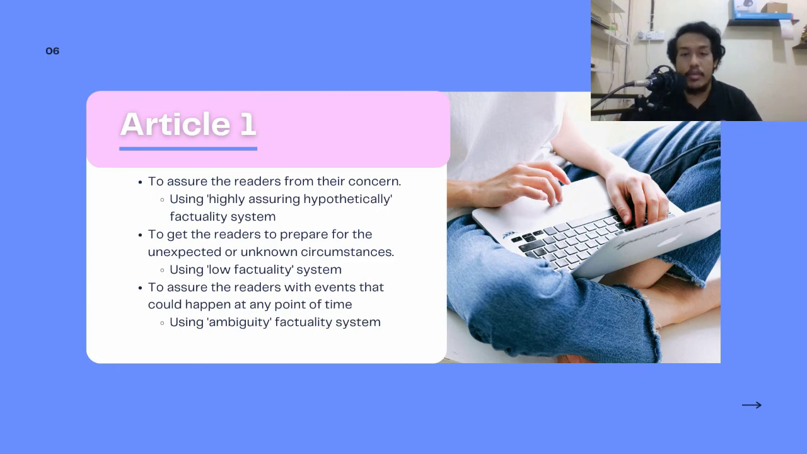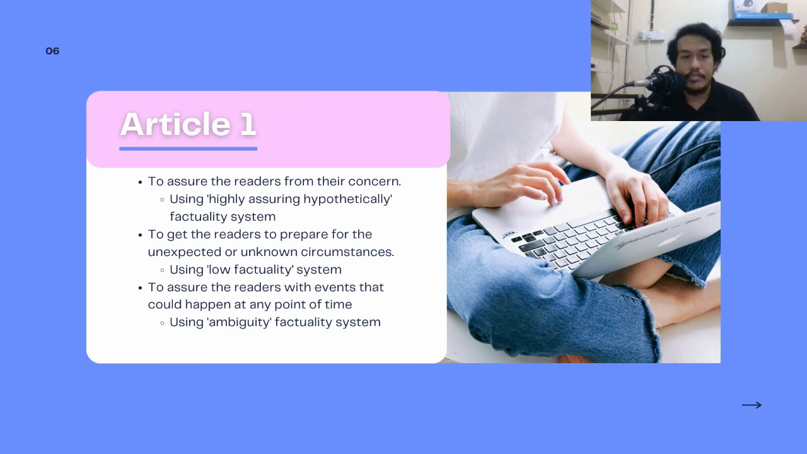Next, the low hypothetically was used by the author in order to inform the readers of events that have low chances of happening. For instance, the author wrote "a huge swath of the world's population could be preparing for a holiday," meaning that there is a chance lower than 50% that a large portion of the world population will be preparing for a holiday. Lastly, there is 32% usage of the ambiguity factuality system in the article, which means that the author intends to mention events that will happen at any point of time, such as the availability of international travels